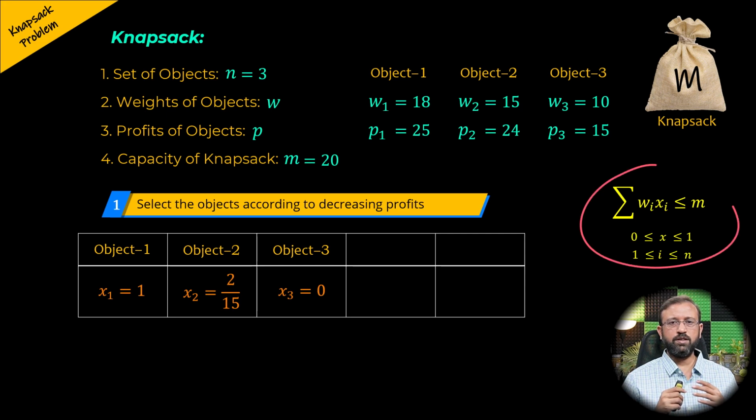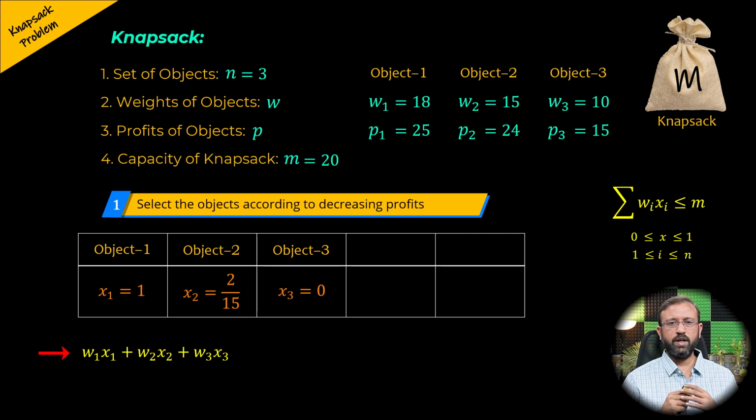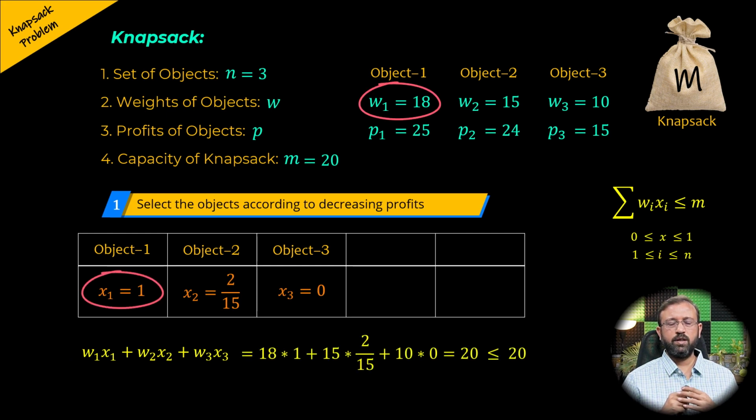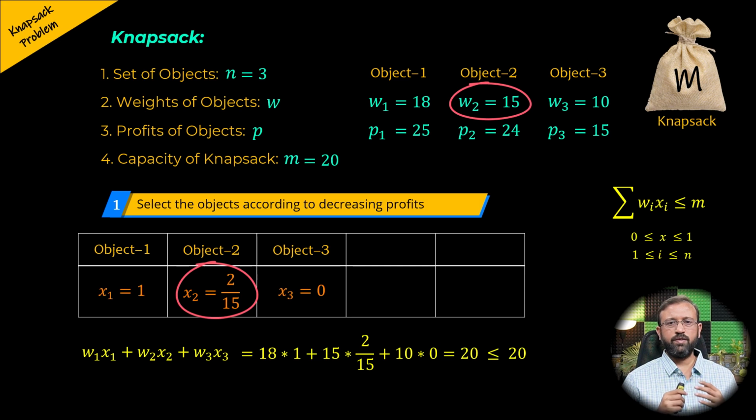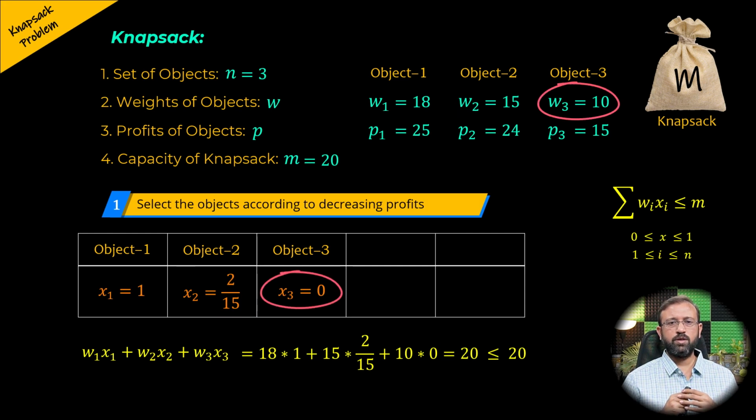That is, the summation of product of weights W and fractions X must be less than or equal to the capacity M of the knapsack. If the solution X1, X2 and X3 satisfies this constraint, then the solution is feasible. So, we have the product of W1X1 plus W2X2 plus W3X3, that is 18 multiplied by 1 plus 15 multiplied by 2 by 15 plus 10 multiplied by 0, which is 20, and is less than or equal to M, which